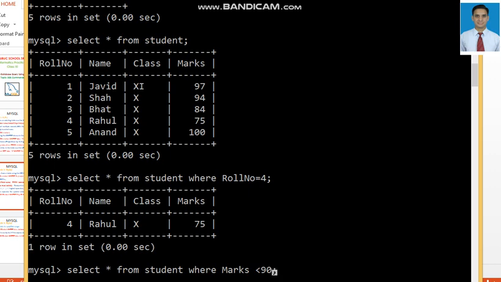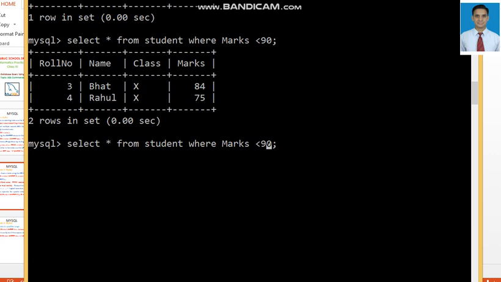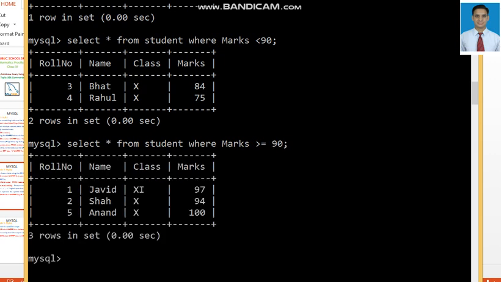Then all the students whose marks are less than 90 will get displayed. Yes, there are only 2 students whose marks are less than 90, that is 84 and 85. Now I want all the students whose marks are greater than 90. For that purpose, I use marks greater than or equal to 90. Enter. Then the 3 rows get fetched.